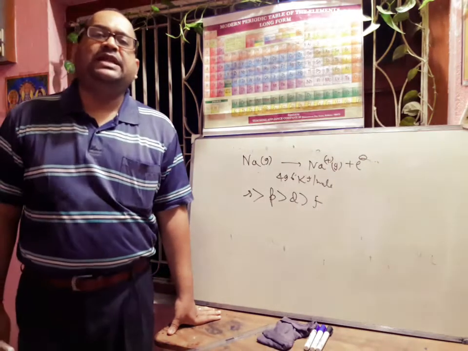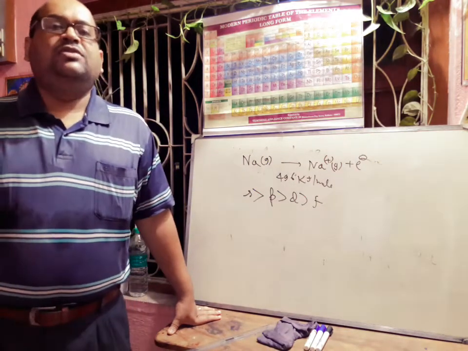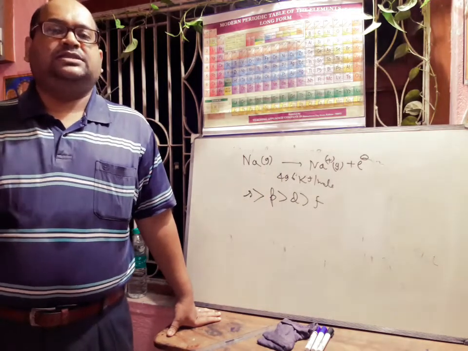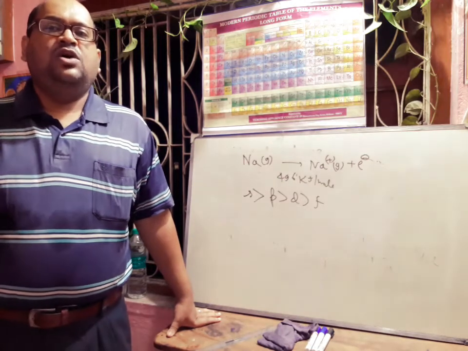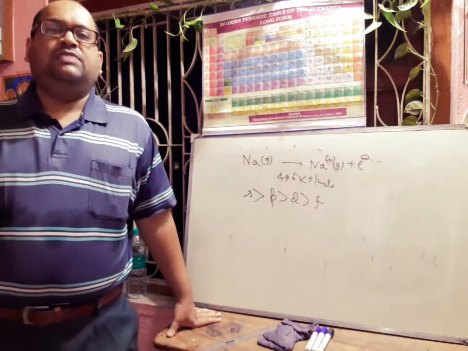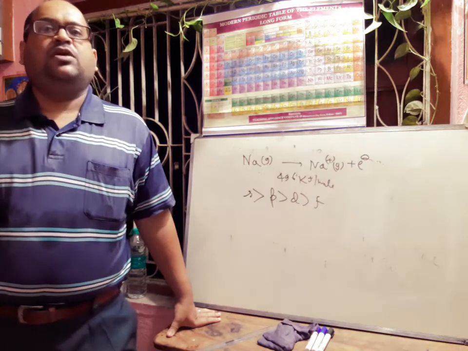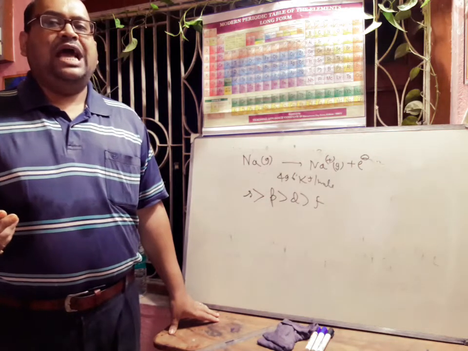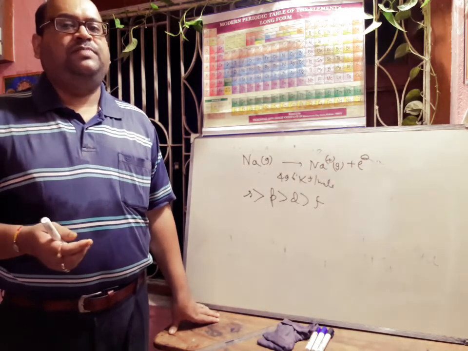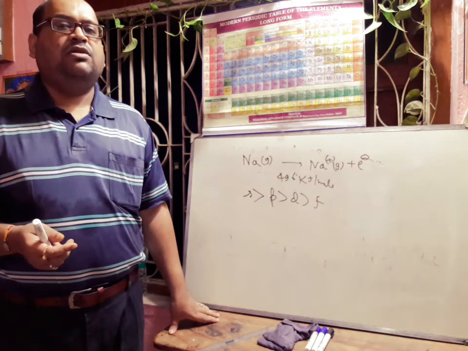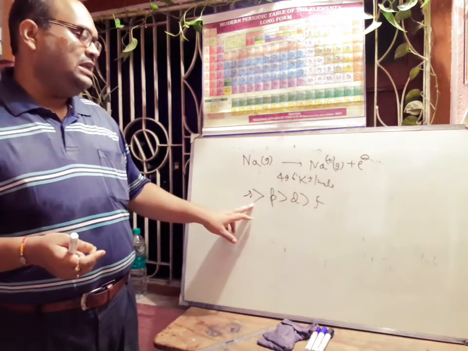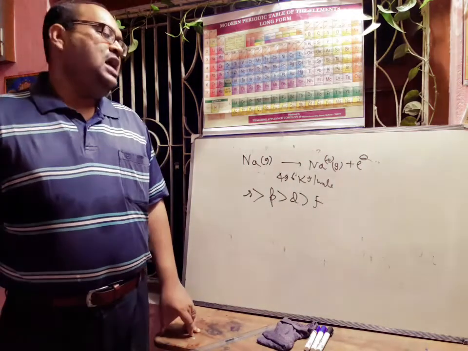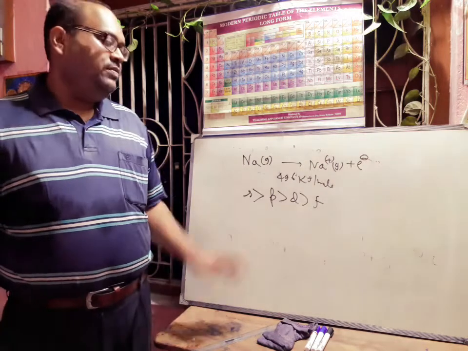Next we will discuss the penetration of subshell. Now we know that s orbital penetrates closer to the nucleus as compared to the p orbitals. The electrons in s orbitals are more tightly held by the nucleus than the electrons in the p orbitals. Therefore, more energy is required to remove an electron from an s orbital as compared to a p orbital. Penetration power is greatest for s orbital, then p, then d, then f orbital. So the higher the penetration, the higher will be the ionization energy. Okay, hope you can understand.